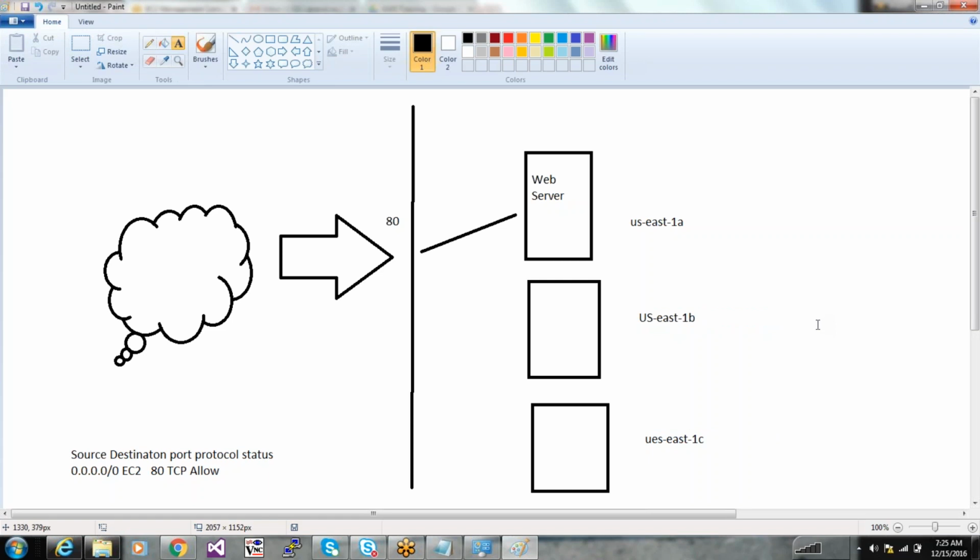So you create in different availability zones for redundancy purposes. So if one goes down or the entire availability zone goes down for whatever reasons, man-made destructions or natural destructions or whatever disasters, the other zones are still serving the purpose, right? So what you do is create a load balancer in front of them and call it a load balancer.